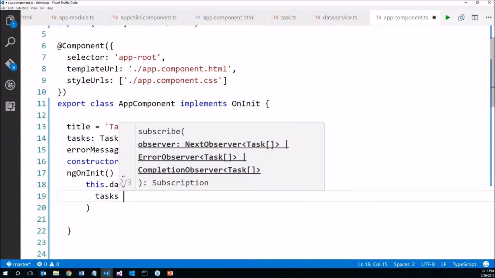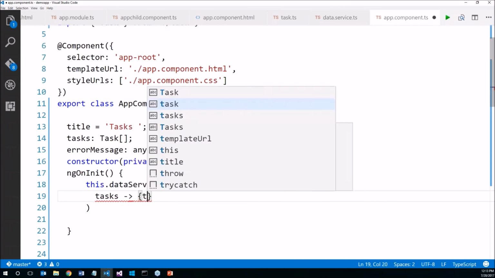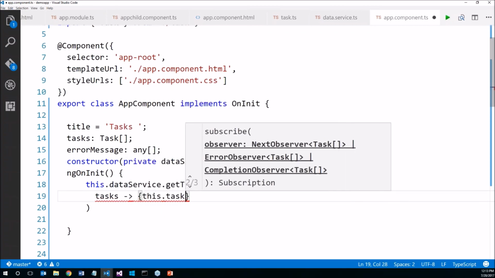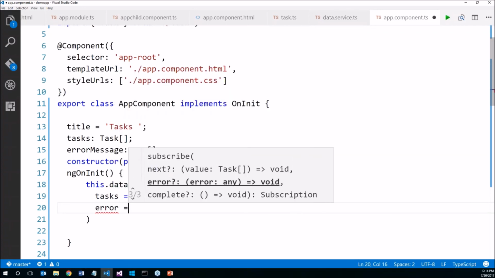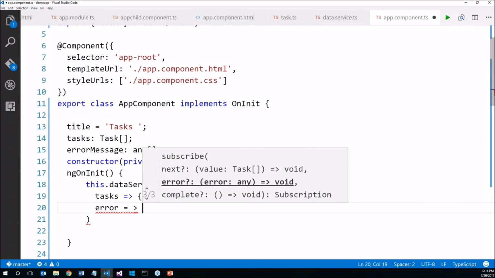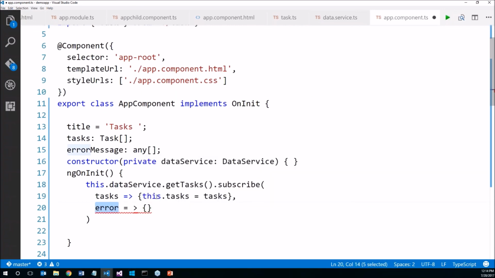Since that is returning an observable, we need to subscribe to the observable which is returning, and in that we'll say tasks is equal to, this dot, we are using an arrow function here, which is part of ECMA 6, and say this dot task is equal to the task which is returned from the server. Okay, and error is, see, error is a parameter here. This is an arrow function, which is a kind of way of writing a JavaScript function. So this task is a parameter, this error is a parameter, and then here we'll say this dot